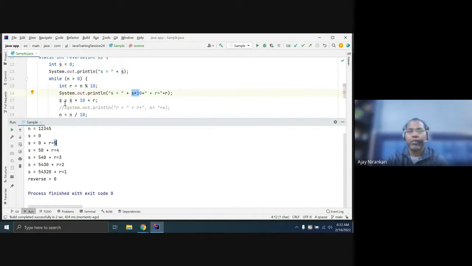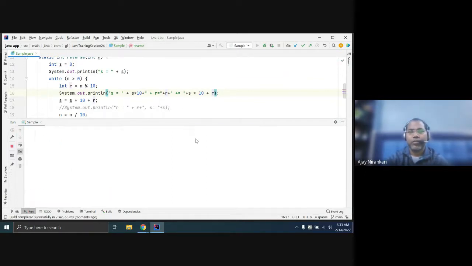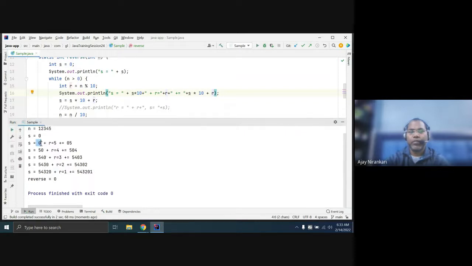If you plus it, you are getting the 0 and plus 5. Okay. You are just printing r, initially 0.